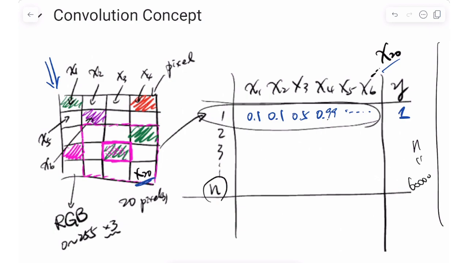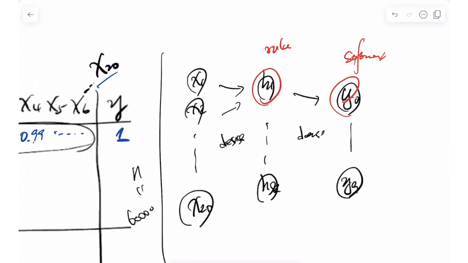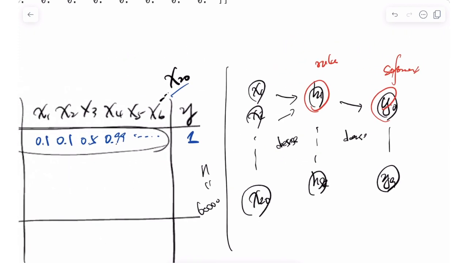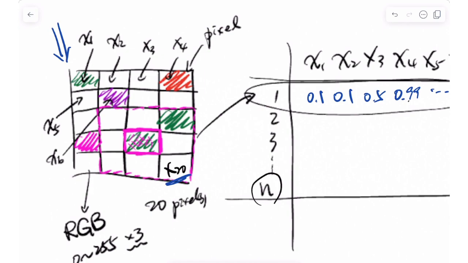It is doable, but think about one thing. When we talk about the dense neural network, it really doesn't matter if you put the first pixel on neuron x1 or somewhere else, because all the features are independent. But take a look at this figure. It is an image, with 20 pixels right here, and for this pixel, that is x15,